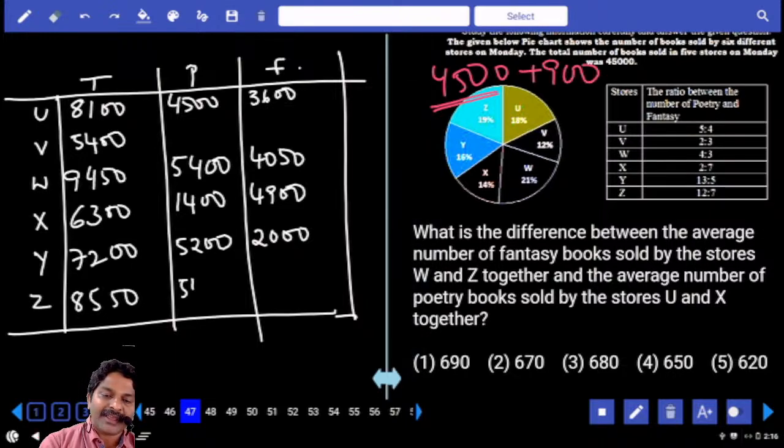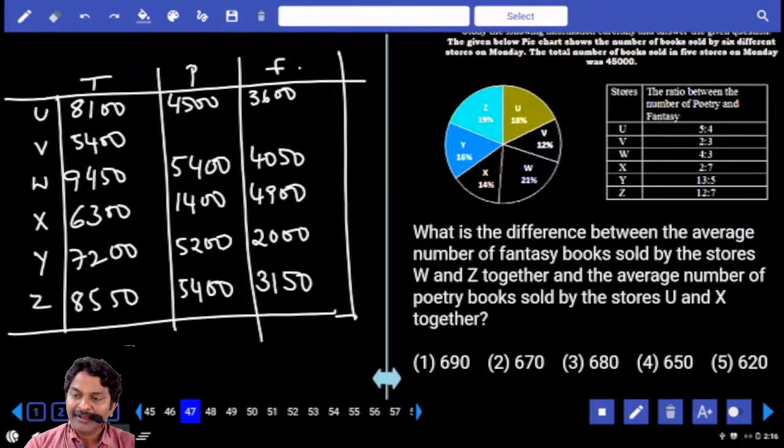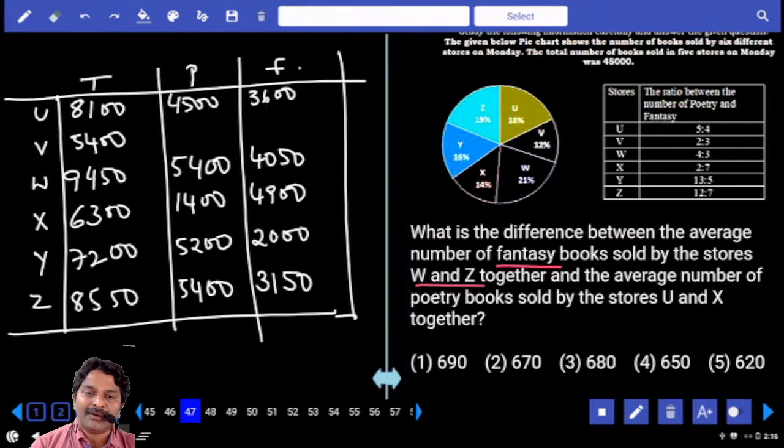Total 5,400. Instead of going for 7 times, we will go for difference here. 3, 1, 5, 0. Difference between average of fantasy books sold by W and then Z. Fantasy, W and then Z. What is sum? 7,200. Average